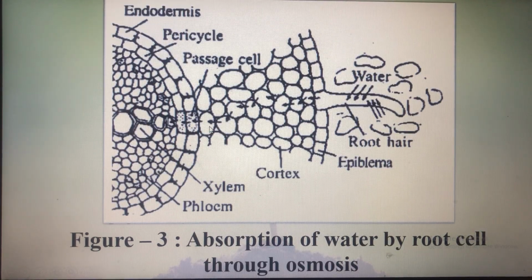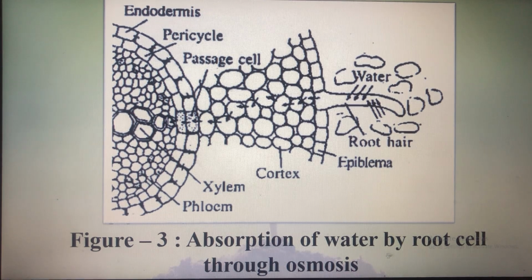The next picture shows the absorption of water by root cells through osmosis. From our previous diagram, we understood how water enters the root hair. Then from the root hair, it will go into the adjacent cell through endosmosis, then to its adjacent cell, and thus through cell to cell osmosis, water will come near the pericycle and endodermis, where passage cells are present. Passage cells allow the movement of water, and from there water will enter the xylem. This is the xylem, from where water will get directly to the leaf so that it can take part in